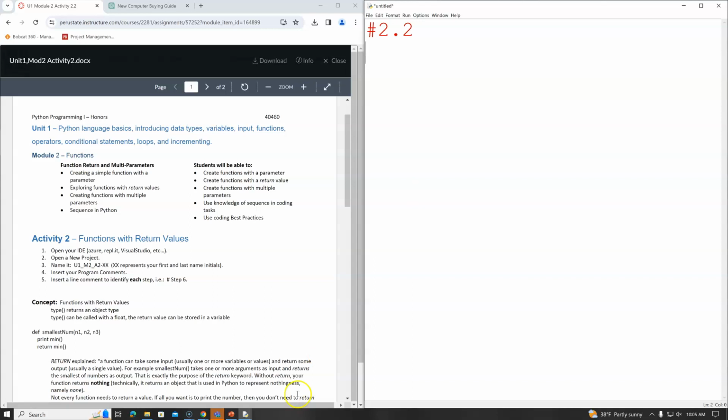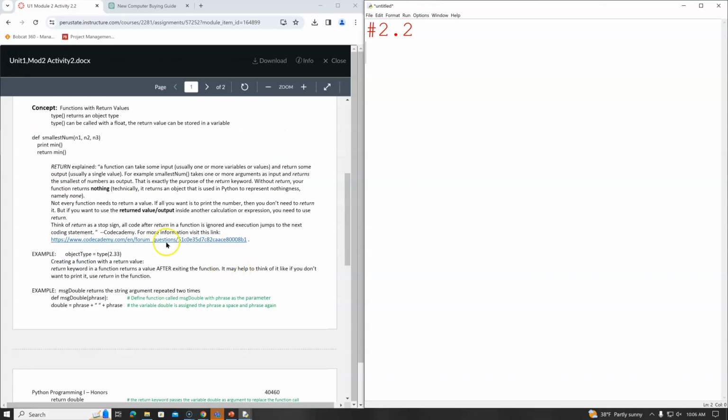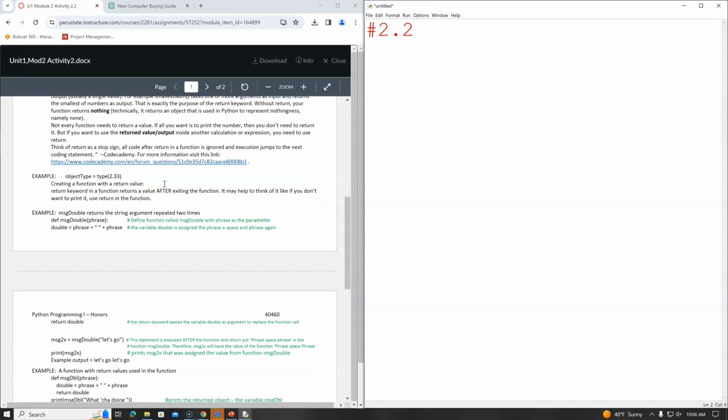All right, so what I'd like to start with is this idea of functions. So they go through here. We're defining a function, and then we're printing the smallest of those numbers that are turned in there, and then we're returning that value. All right. One of the things that I like to do, even if in Python it's somewhat optional, although I think it's going to become mandatory as we look at things,